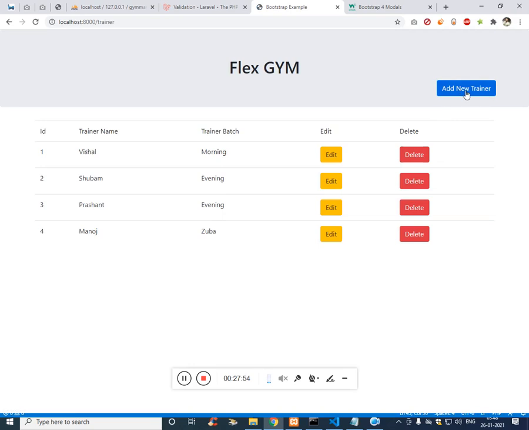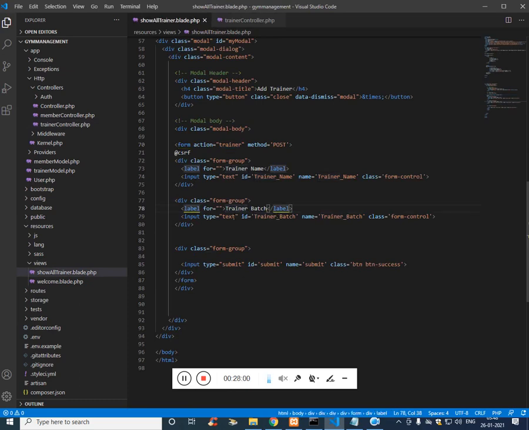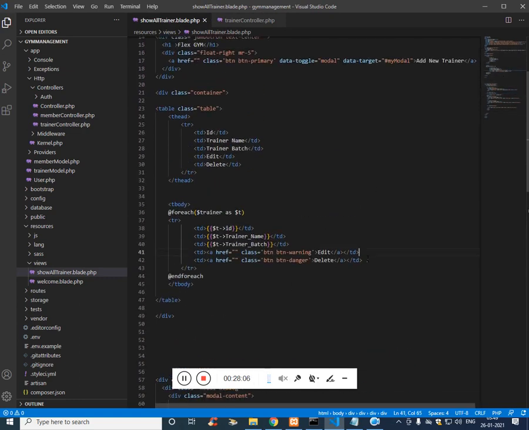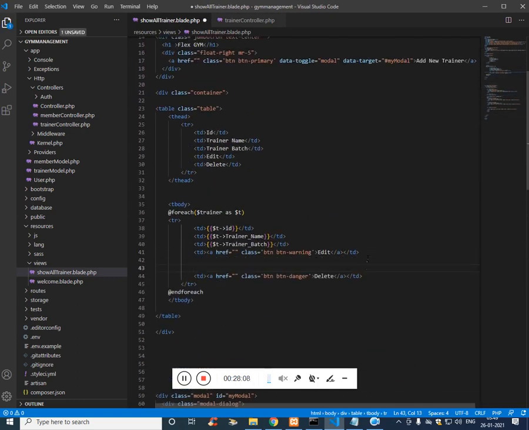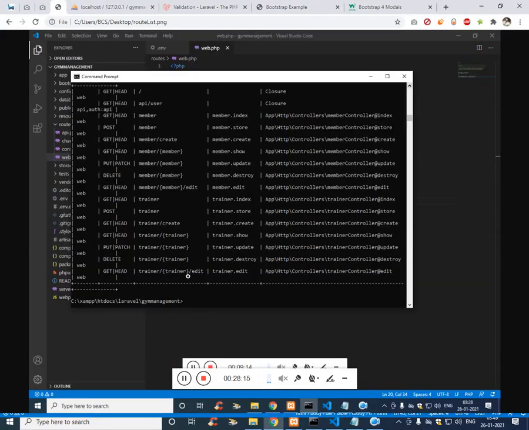Now let's work on delete, which is actually easy. To use delete, you have to get into the show all files, show all details. So here we have to use form, and for delete we have the URL called trainer slash the ID.